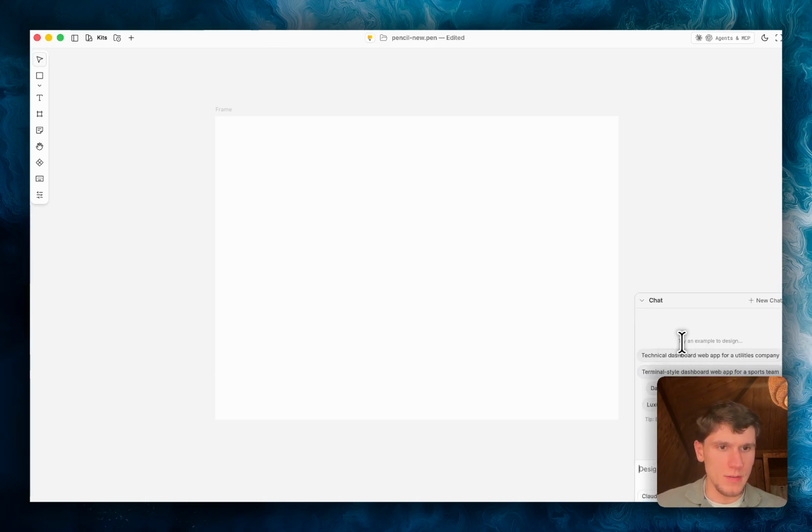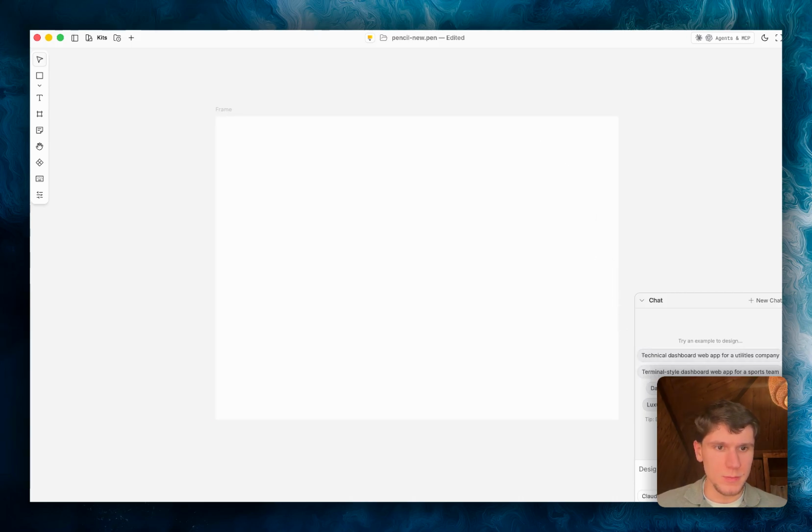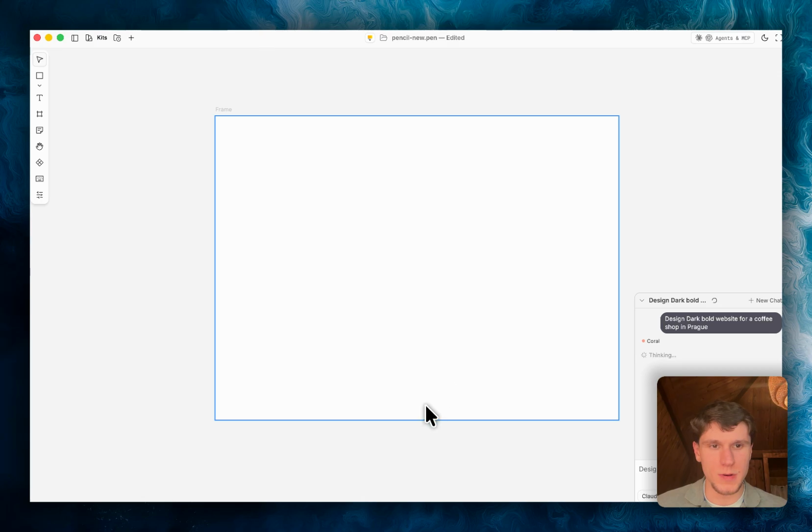Here we can have a couple of example designs. Here at the bottom right corner you can select the model you have attached to your Pencil account. So we have Claude connected, and we have OpenAI GPT Codex connected. Furthermore, in here you can give a specific prompt. Let me just give this prompt right here so it can work in the background while I walk you